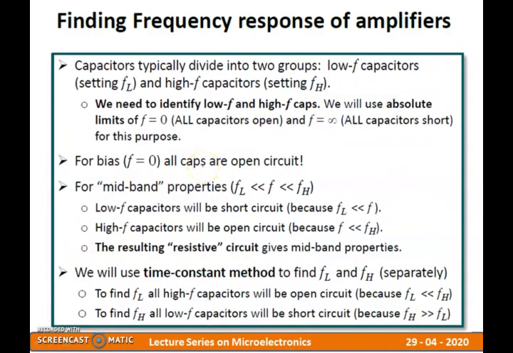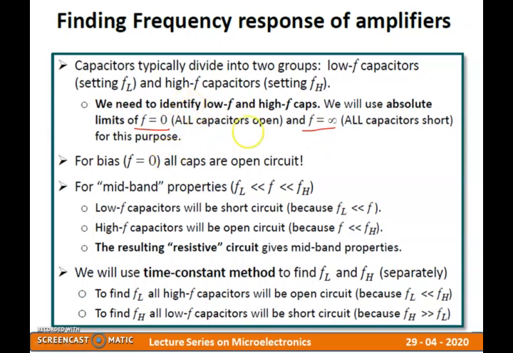Now, finding the frequency response of an amplifier. We have figured out that there are three bands: the lower frequency band, the higher frequency band, and the mid band. We'll try to identify low frequency and high frequency capacitors by using absolute limits, wherein instead of saying f is very small, I say f is equal to 0, and instead of saying f is very large, I say f is equal to infinity. By putting these two assumptions, I'm going to find which capacitor impacts